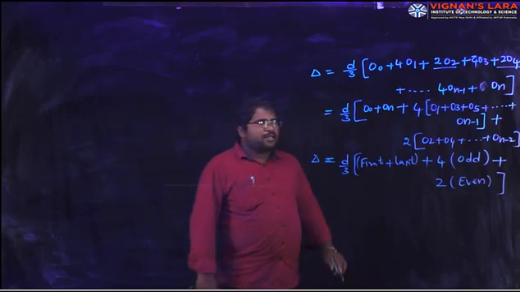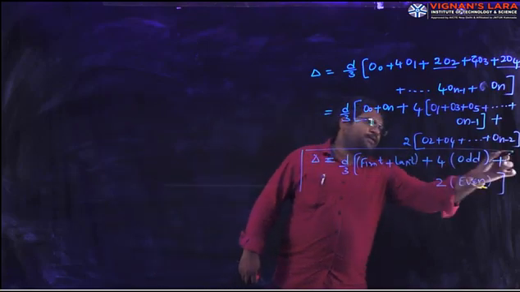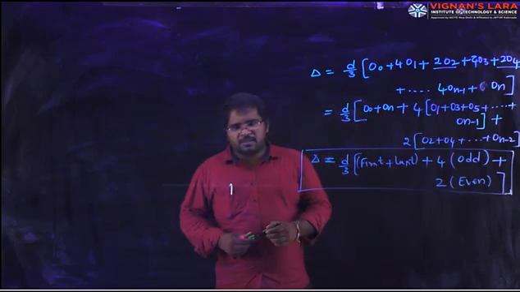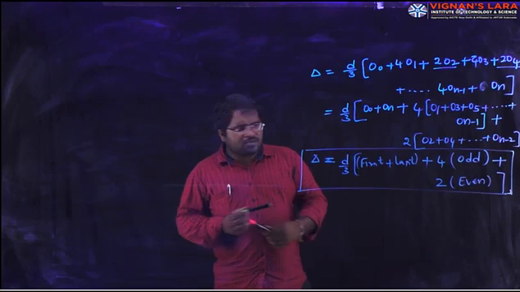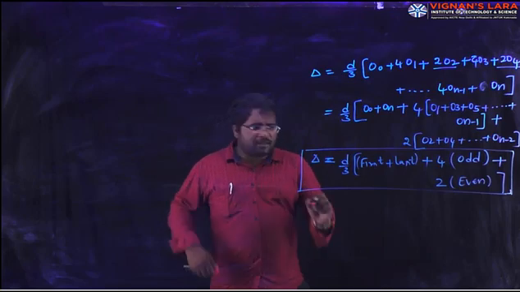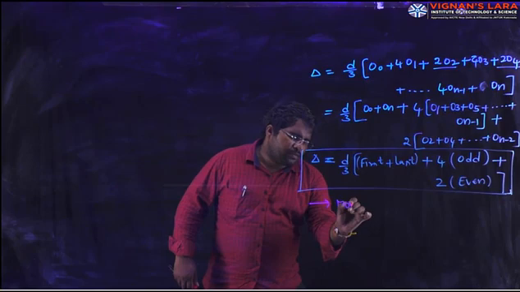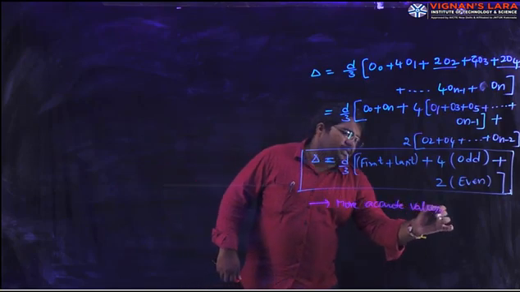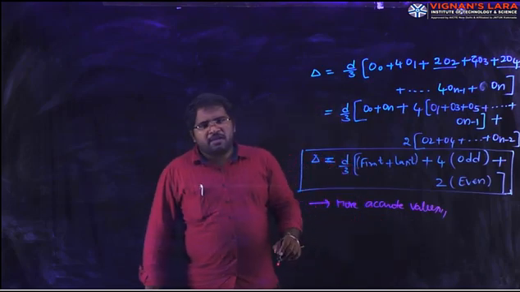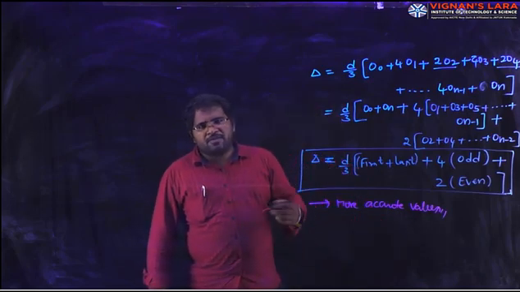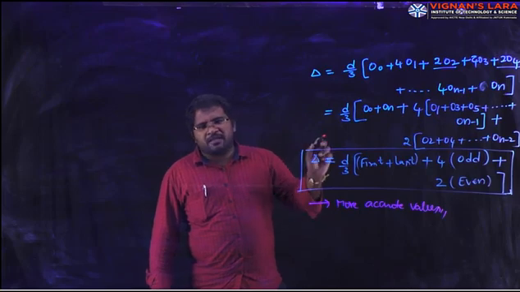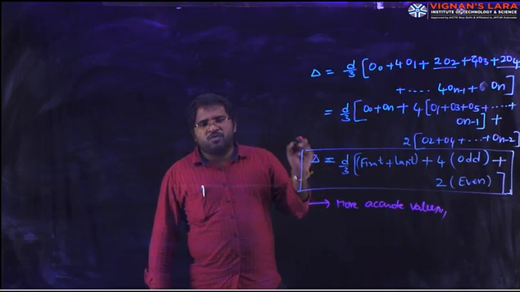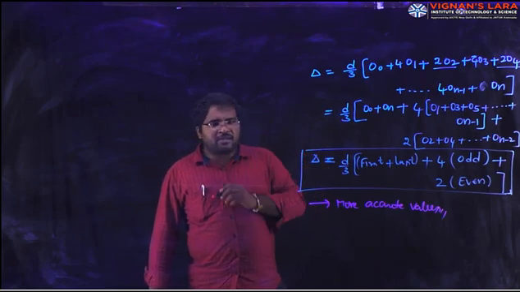So like this we are going to calculate all the areas of given measurements. By doing this method you are going to get more accurate values compared with all other methods. Why? Because here we are not assuming that the boundary line is a straight line. So whatever shape it is, we are going to take it as it is. That's why we get a more accurate value compared with the previous 3 methods.